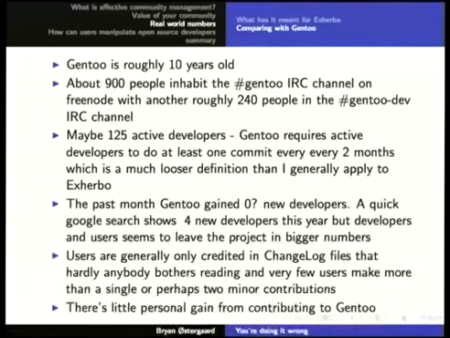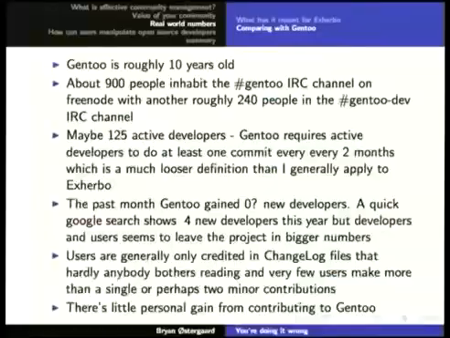And I'm not saying that Gentoo is doing bad or anything like that. They're doing quite well, just as well as many other big projects. I just think they could do a lot better, and so could other projects. And they don't seem to gain a lot of new developers either.